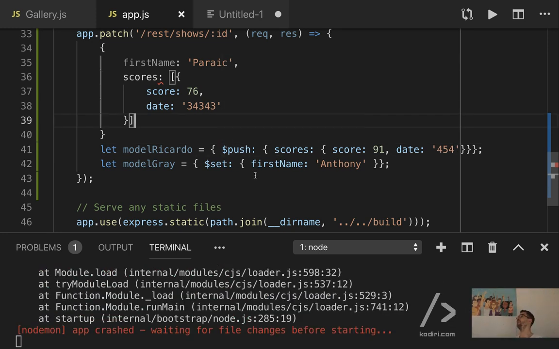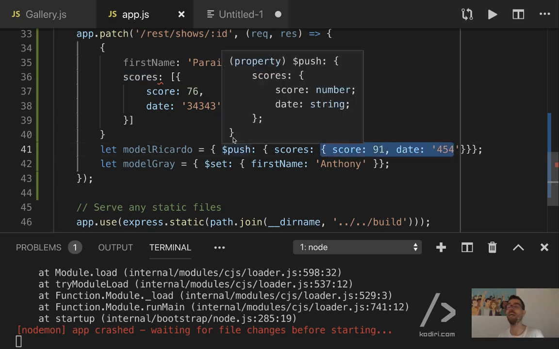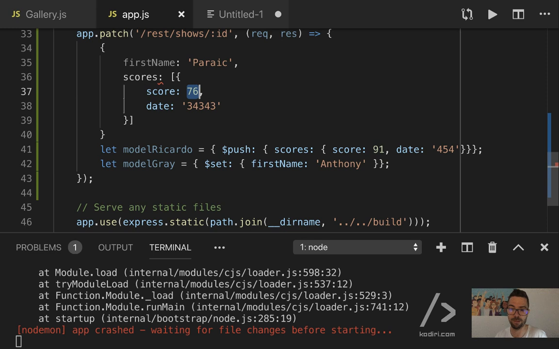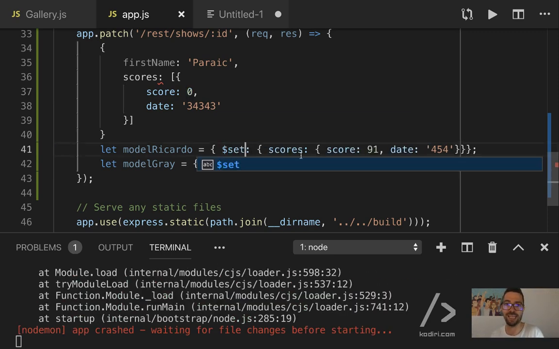This is about the way we deal with the database, which is, again, beyond the scope of this session. But of course, we can do that. We can say, hey, I want to push a new element to the array of scores that will be that one. We could even, what happened if we notice a mistake? You got a score 0 in the database, but we realize after checking the logs that your score was 76. So we can also do set